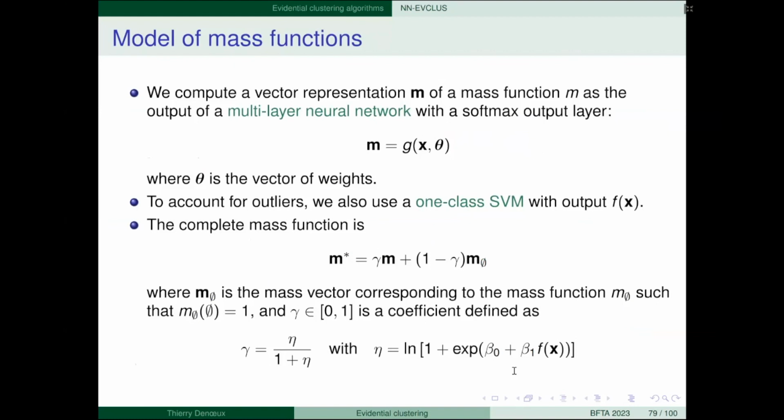A one-class support vector machine is a kernel method that allows for novelty detection. If we have some data, it will give us as output a function that is high.